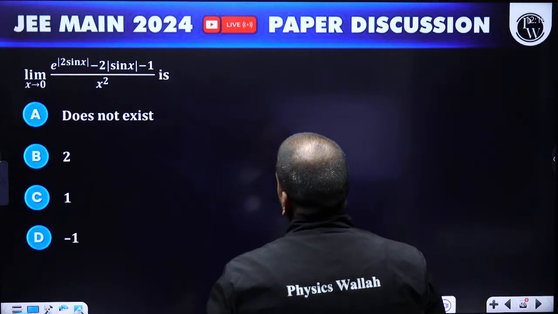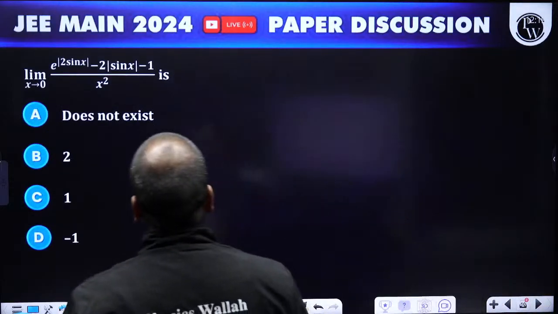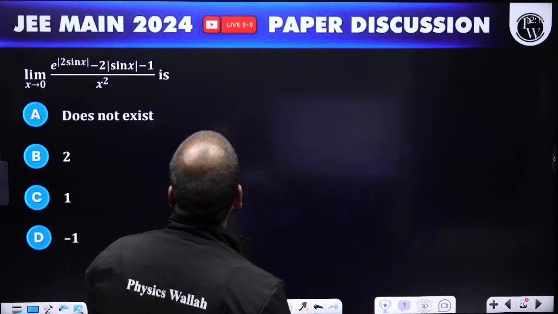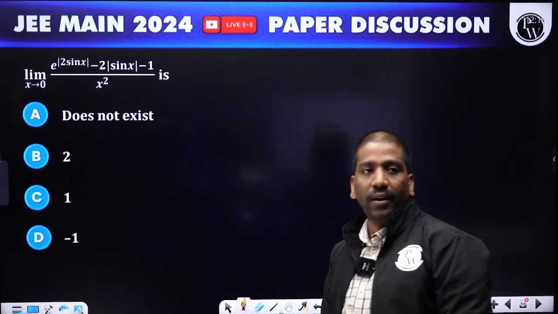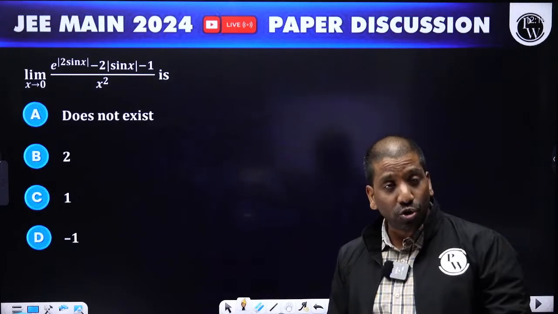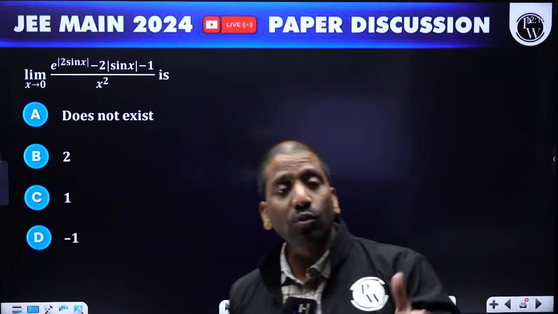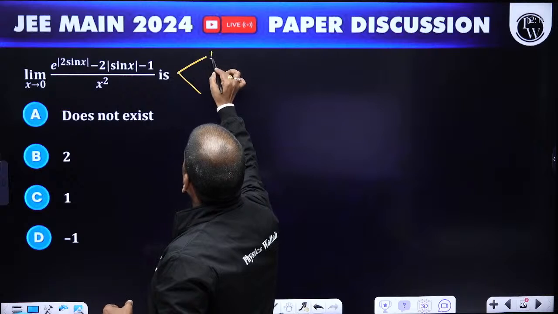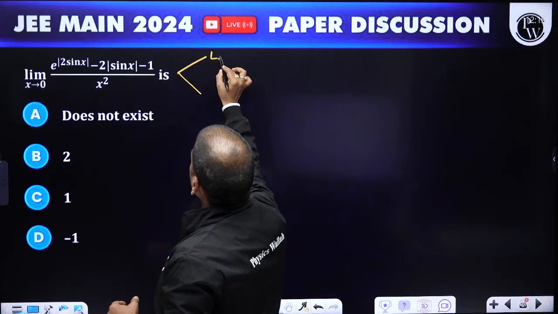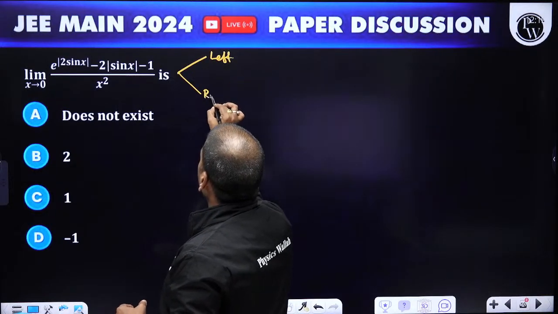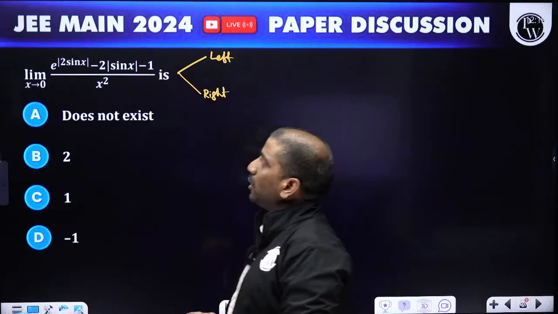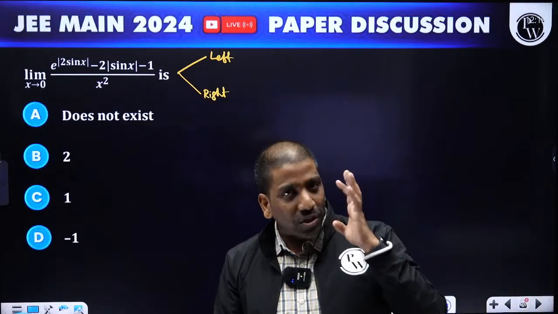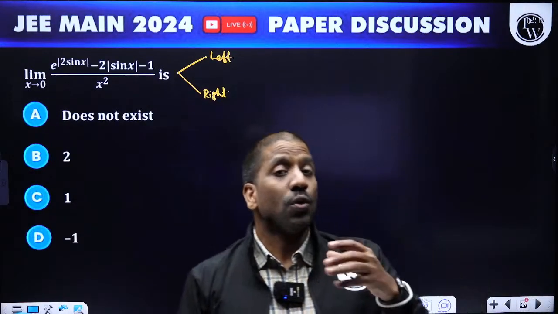Next question: limit as x tends to 0 of (e^(2|sin x|) − 2|sin x| − 1)/x². But actually, as x tends to 0, modulus is there. We need to find the left and right limit. But what I observed here, in such questions, first and foremost,